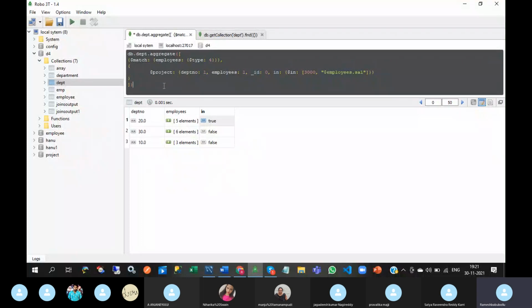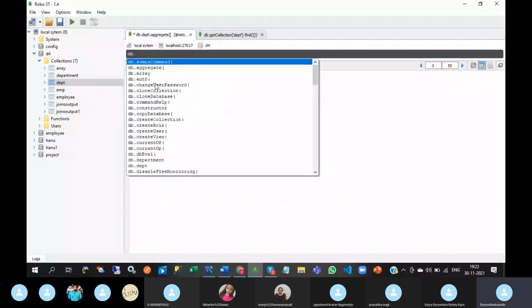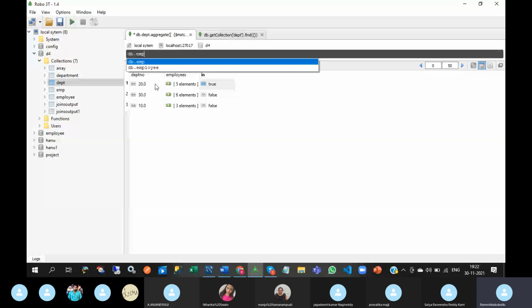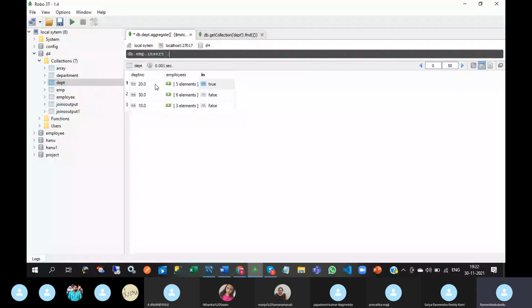For date operators, it is better to insert one column. In employee, db.emp.insert. I am taking date as a field name and inserting some new date.